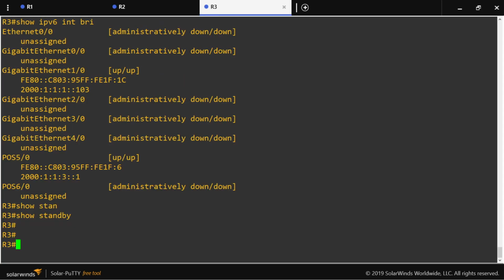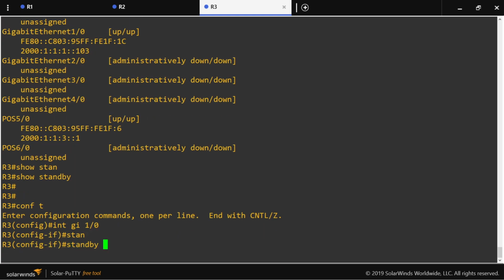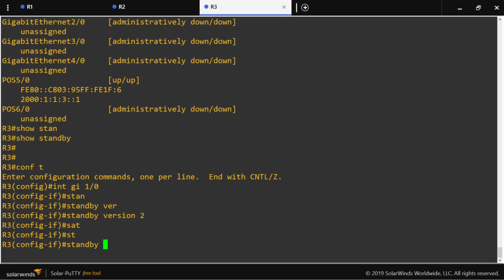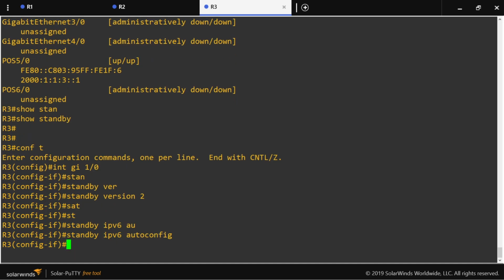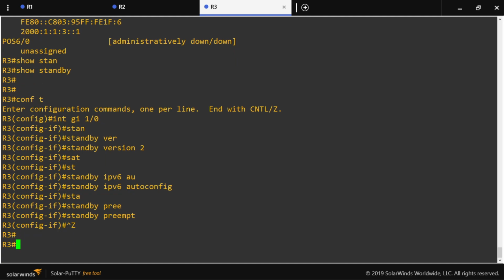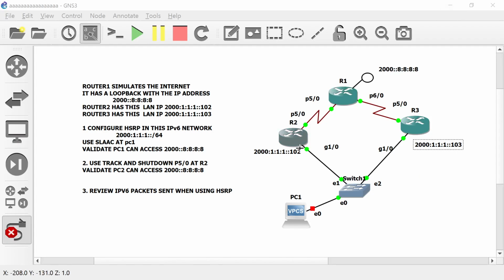Let's configure this one. Oh, it has this IP address. Just informative. Standby version 2. Standby IPv6 autoconfig. Standby preempt. So it should be working now. So let's go to PC1